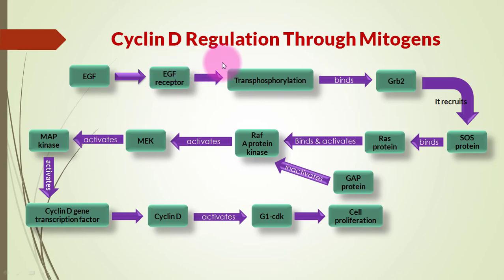Now we have a receptor, a long receptor, going from outside the cell to inside the cell. Inside the cell, the receptor is made up of two units, two domains, two dimers. The receptor inside the cell, in the cytoplasmic part, is made up of two parts. When the protein EGF is bound to the extracellular part of the receptor, the inner part, the cytoplasmic part,